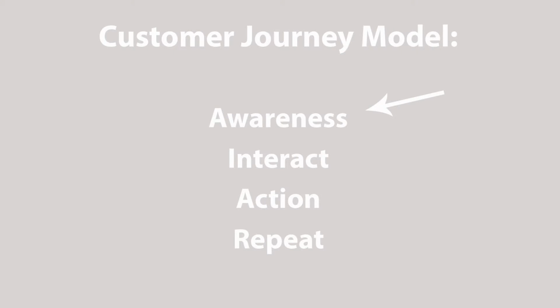So what were Apple's main objectives for the campaign? Using the customer journey model, Apple wanted to generate awareness for their new iPhone releases and get users to interact by submitting imagery or by browsing their digital gallery. The aim was for this to attract new customers and increase purchases by allowing customers to see the product's quality firsthand. For existing fans, the campaign created a sense of community and belonging that would foster brand loyalty and spark